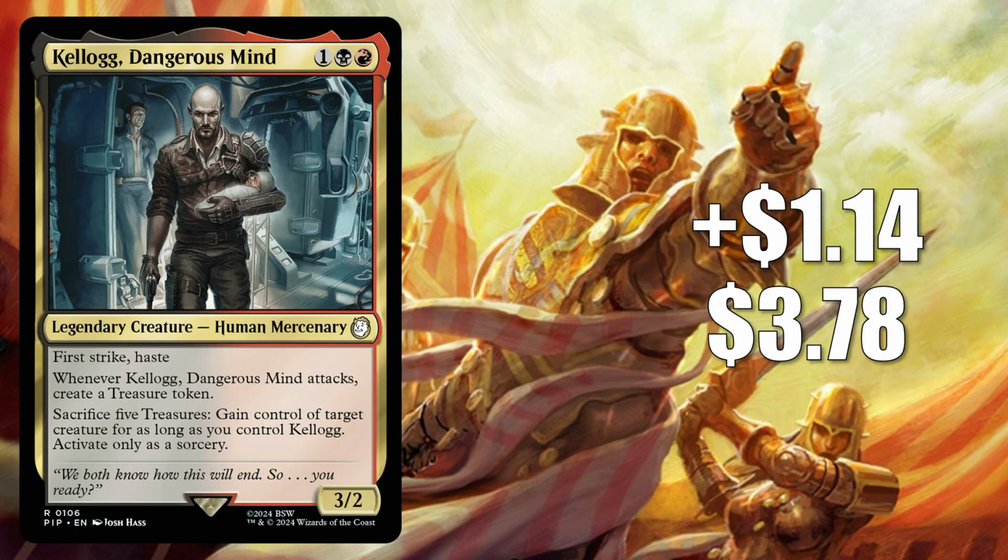Coming in at number 13 is Kellogg, Dangerous Mind. This is up $1.14 to $3.78 for a 43% increase, and this is from the Fallout Hail Caesar Commander deck. It has seen a good amount of play in Commander since its release. It was in fresh builds around a couple cards from its pre-con, Caesar Legion's Emperor, and everybody's favorite Mr. House President and CEO,